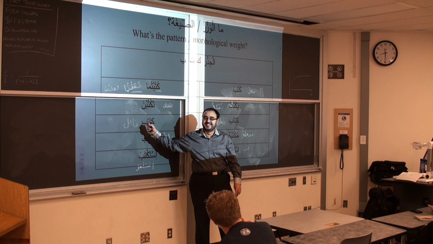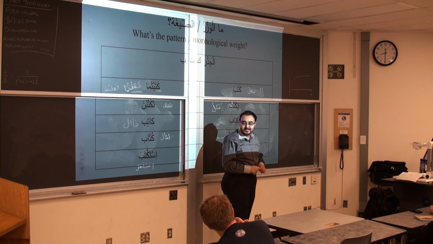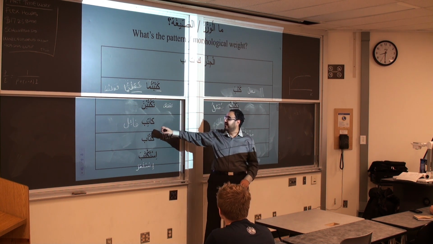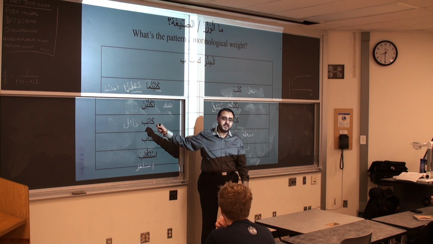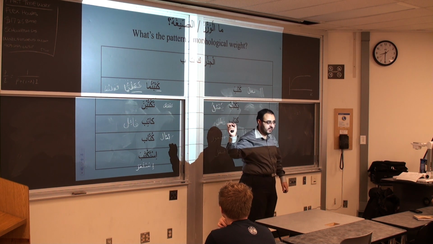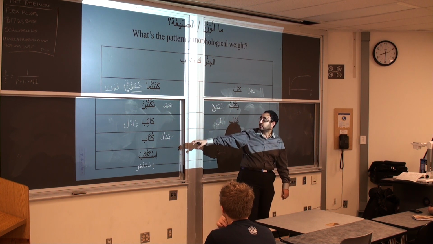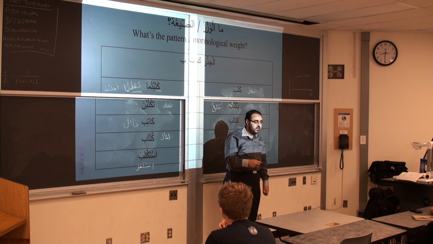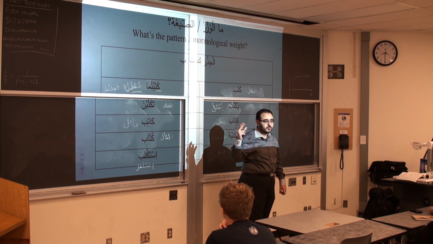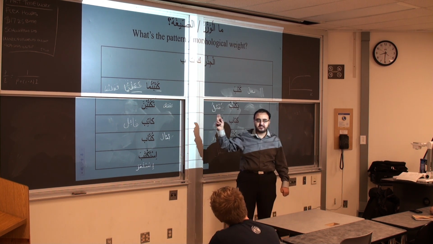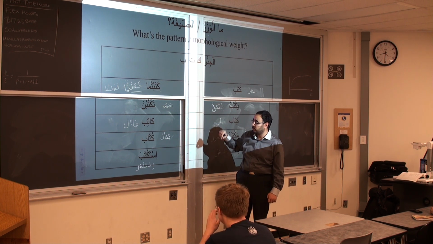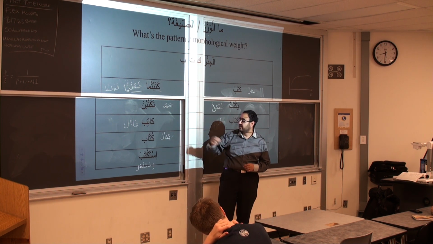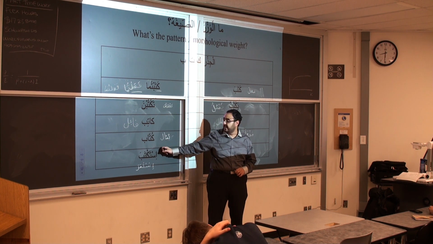Anyway, you all are getting your bonus. Brandon and Laszlo as well. Katib, fa'il. In this case, the morphological weight is the only case in the 10 words where the morphological weight is the same as the pattern. As you saw, the other ones didn't have patterns exactly as these morphological weights. But in this case, the morphological weight is the same as the pattern. Katib, fa'il.